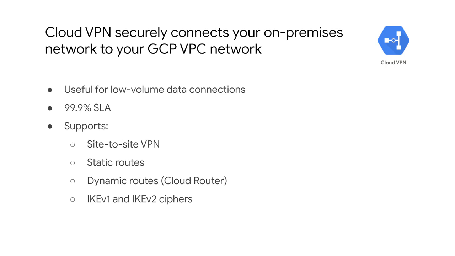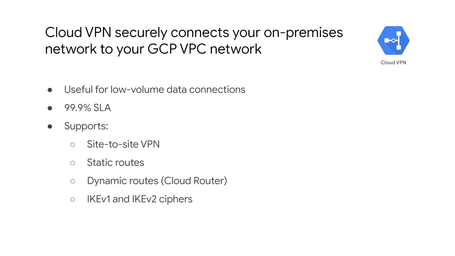Cloud VPN securely connects your on-premise network to your GCP VPC network through an IPsec VPN tunnel. Traffic traveling between the two networks is encrypted by one VPN gateway, then decrypted by the other VPN gateway. This protects your data as it travels over the public internet, and that's why Cloud VPN is useful for low